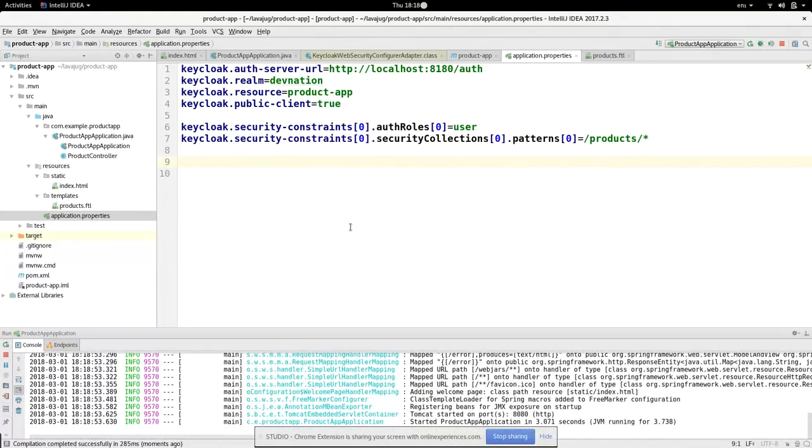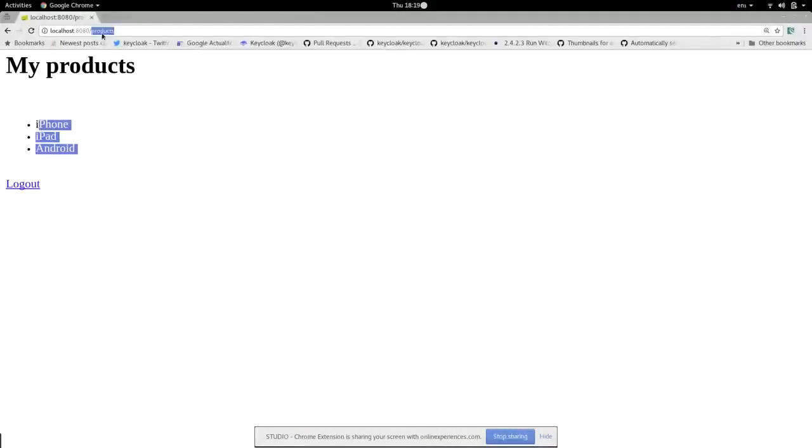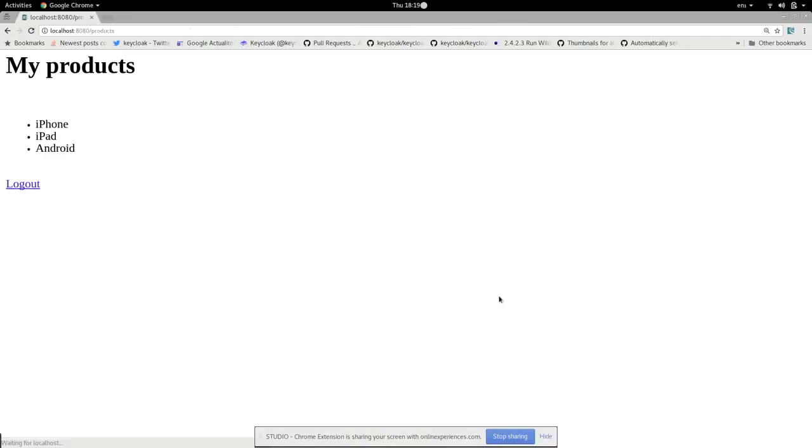I just added properties. So let me go back to the application. Let me go back to my landing page. And now, if I click on my product, you can see that I have been redirected to the Keycloak server. Here, I'm not on my app anymore. I am on the login screen of Keycloak. And well, here I can try to log in with the user I created before, Sebi. Login. And here we go. Now I'm on my secured page. And if I log out,